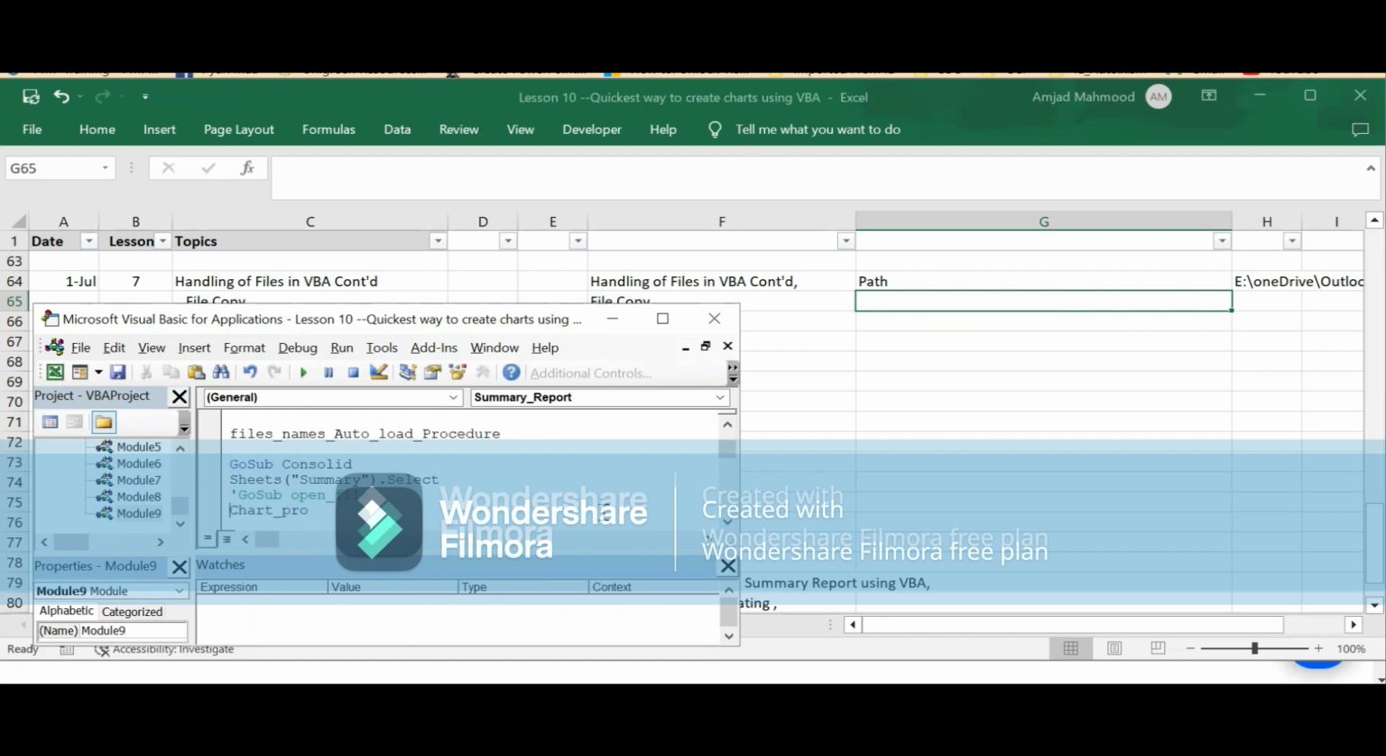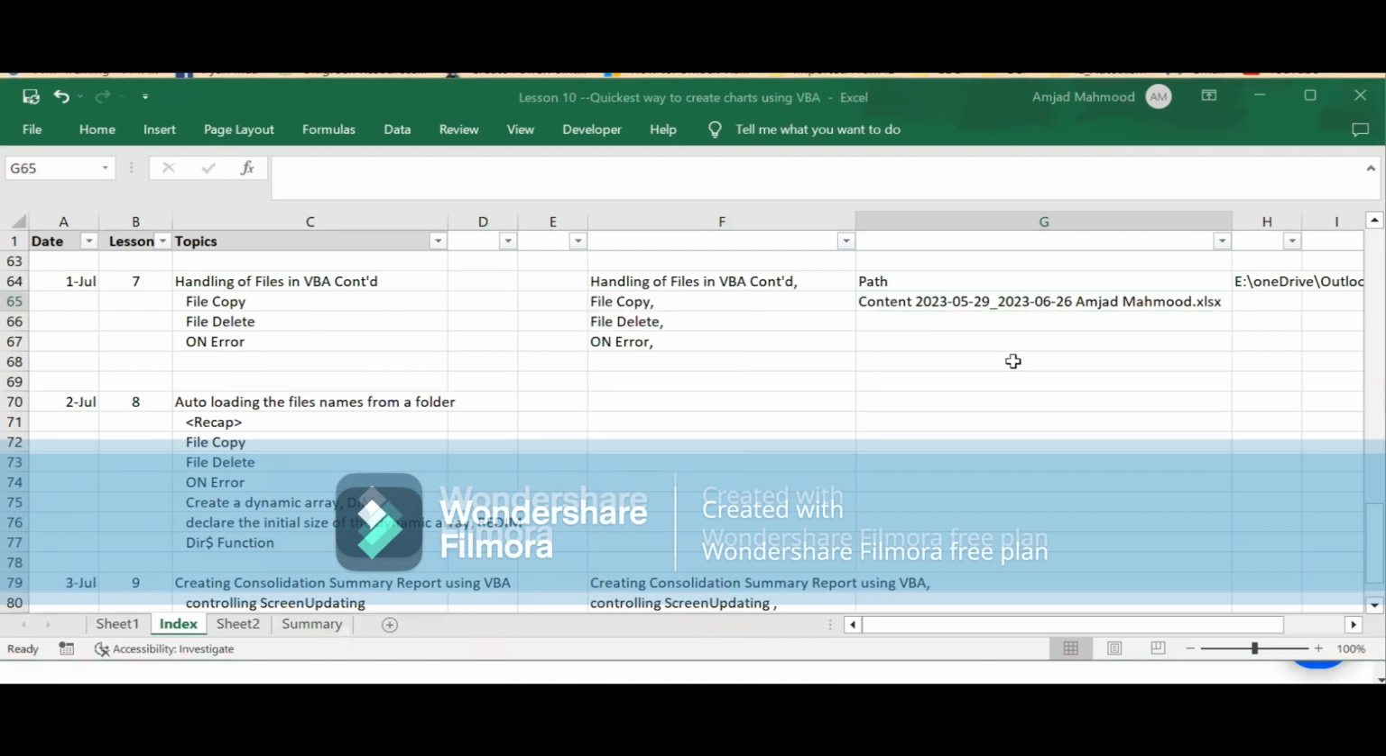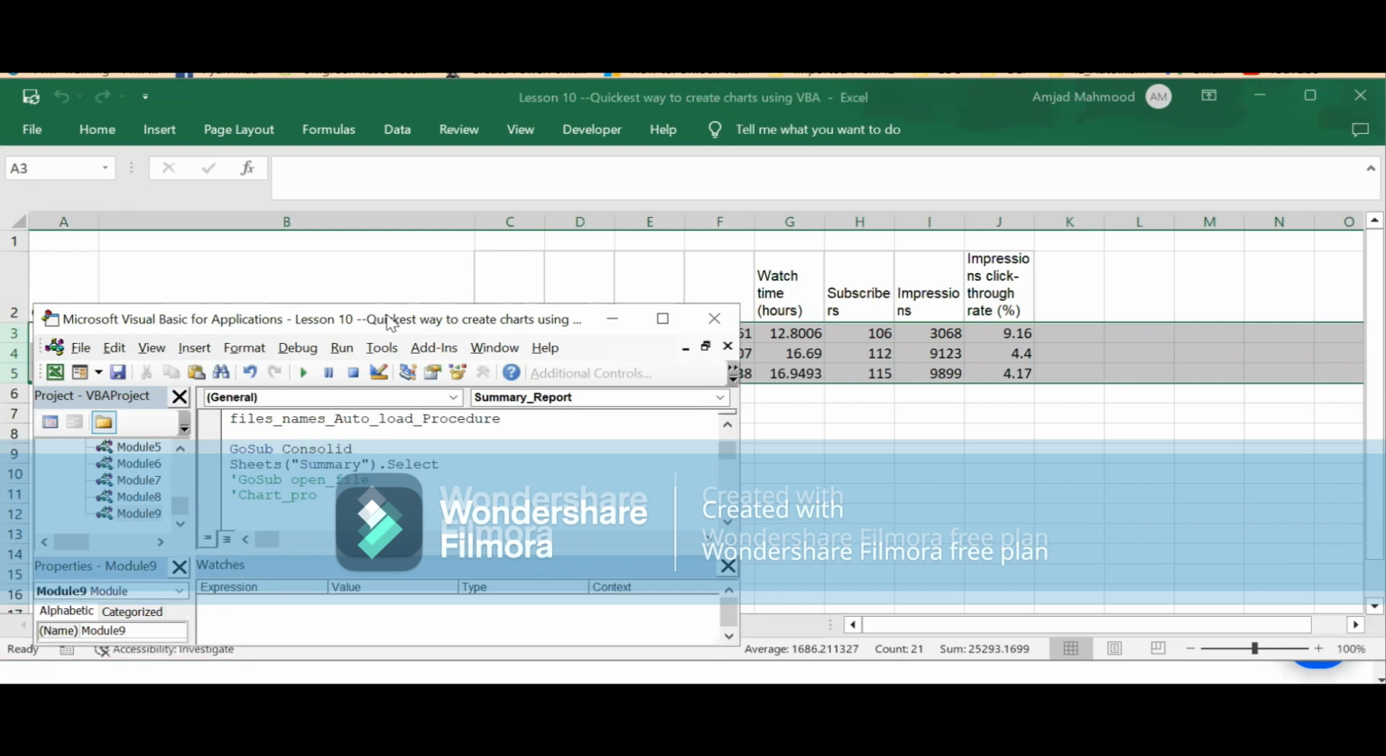This is today's enhancement. Let me comment it out so that it does not execute for the moment. We are just doing the recap. Okay, so let's play it. That's it. It is now listing all the files and making the summary. Thus far we have